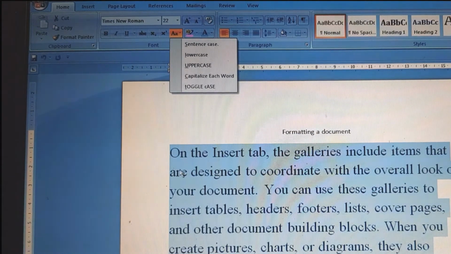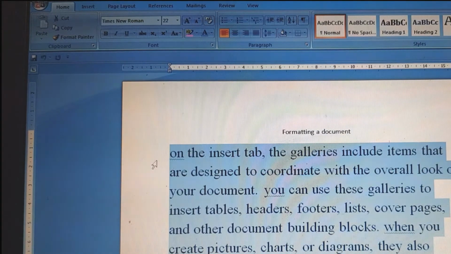Let us see how, children, we can use the lowercase. This is the lowercase button. As soon as I press the lowercase, you can see the difference: whatever was written in capital has just changed to small letters, or small alphabets.